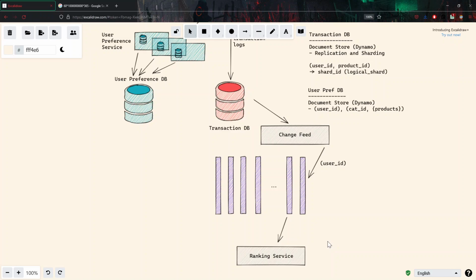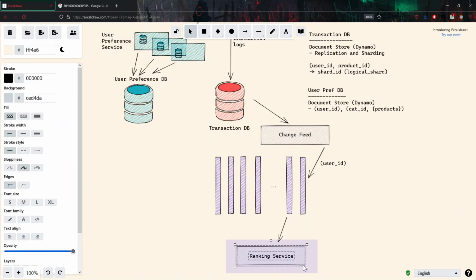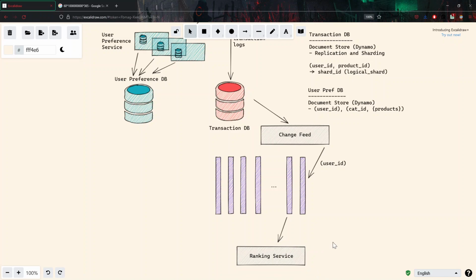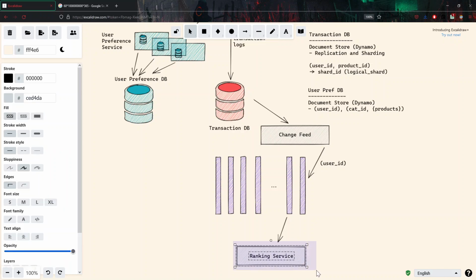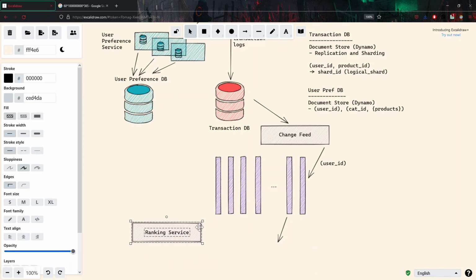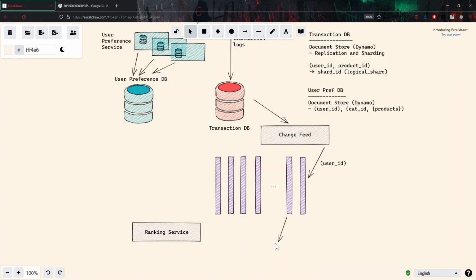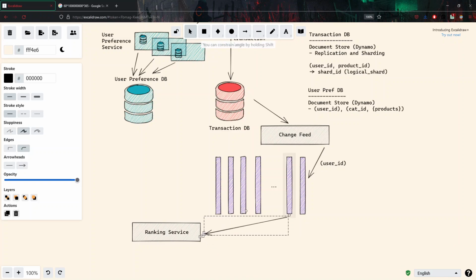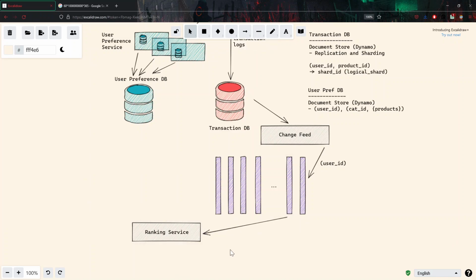So how would the ranking service know what is the current ranking information? For that, it needs to have a copy of that here. So the ranking service can push it to the user preference DB,